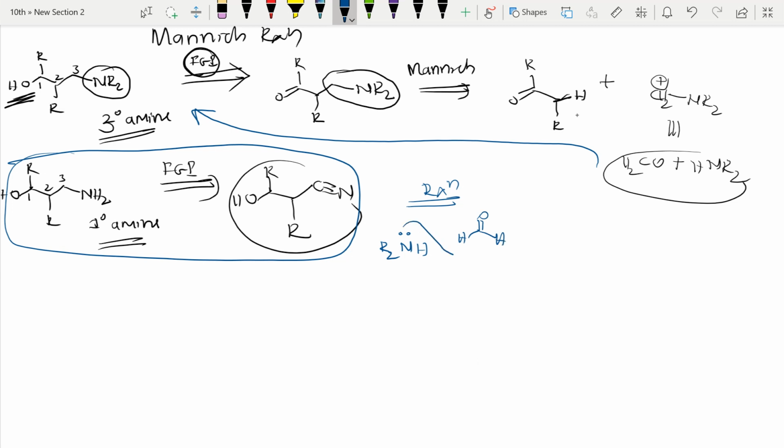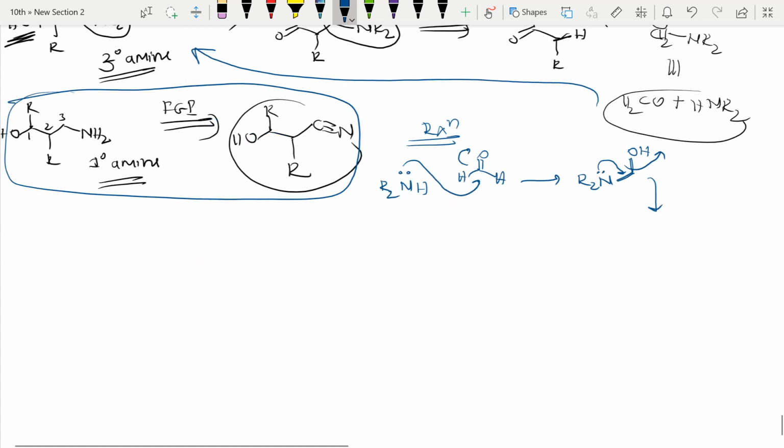So what happens? The reaction goes. So this is nothing but the Mannich reaction, we call it. You have studied these things, but you will forget. Even I have made videos, you can watch there, right? So this is the Mannich reaction, right? So here CH2 and R. Here the lone pair is there. As soon as it gives the lone pair, this OH will go as water, right? So what will we get? R2N, CH2 will be there, a double bond will form, and nitrogen gets positive. This is called the Mannich reagent. I hope you got it till now, right?